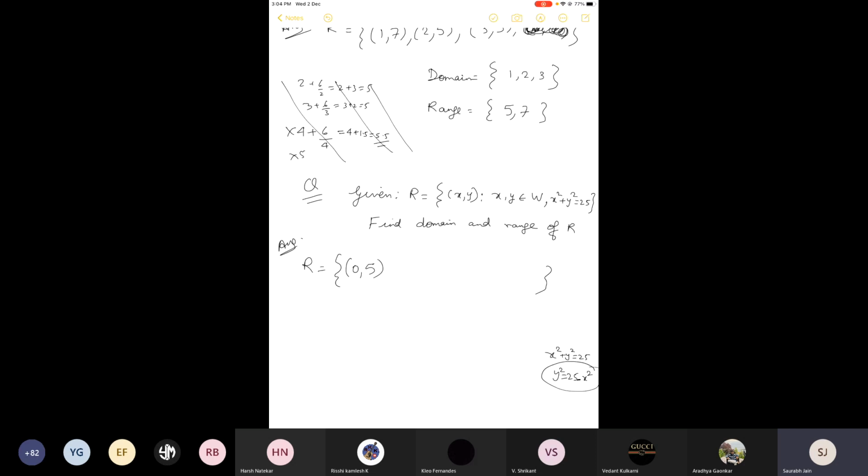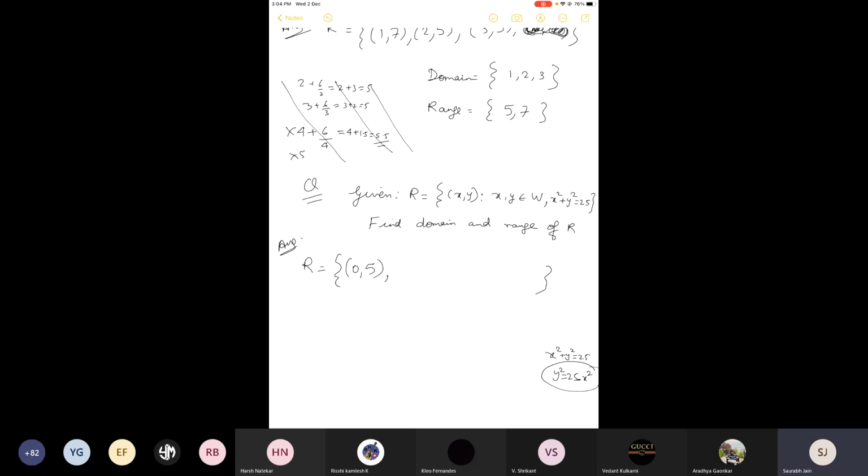See, quadratic wise it is plus minus 5. But with respect to this question, we will only take 5. Why? Because y is also a whole number. That is why. Okay. Now, can I take x as 1? If I take x as 1, no. y square will be 24, and y square is equal to 24. That means y is plus minus root 24, which is not a natural number. Then similarly, can I take 2? No, I cannot take 2. y square will be 21.